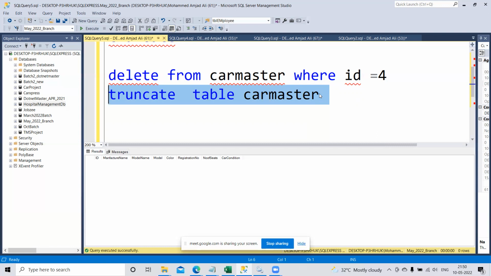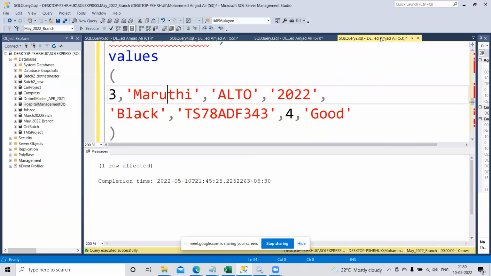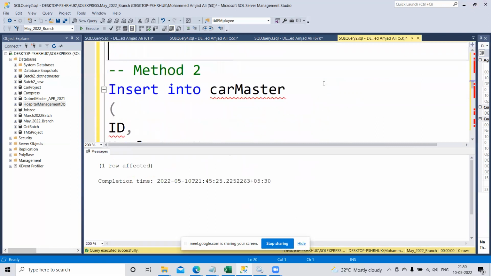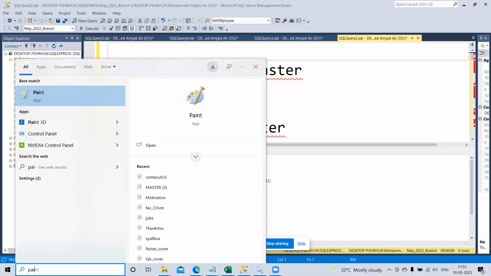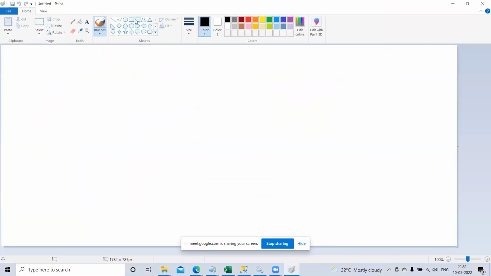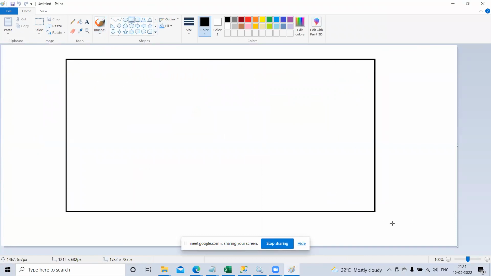Okay, so Purnima, remember this point. One second. You said you don't know about the table. Understand here, I'm going to repeat. First we created the table. Yesterday you missed an important topic actually. Let me open Paint. I'm going to tell you very quickly. This is your